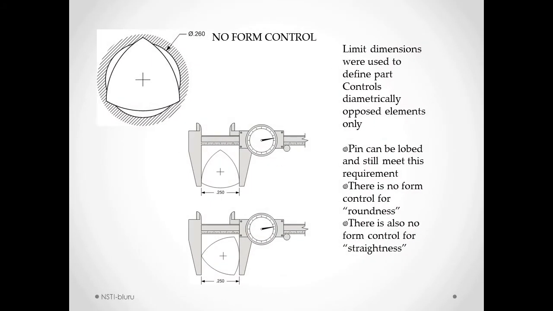In this picture we will be seeing the same design after the manufacturing. Here you can see the limit dimensions are met with the opposed elements. So here as well as here and here. When we measure the opposite elements, the design value with the tolerance is being met. This pin can be loaded, this pin can be inserted and still it can meet the requirement because it is under the tolerance. But as a feature, as a form tolerance, there is no control on the roundness. As a feature, this component fails.